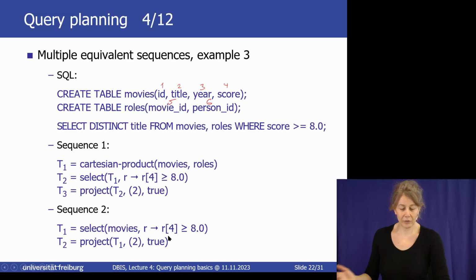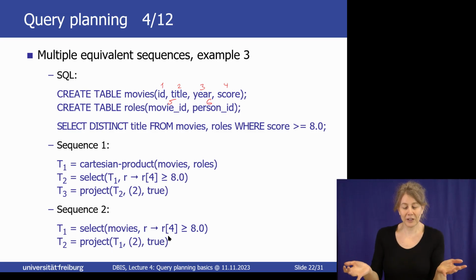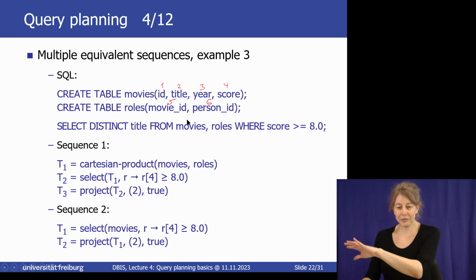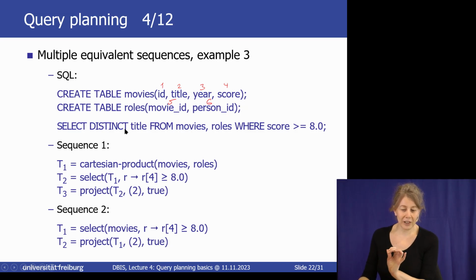So I'm claiming, and I hope you agree, that this is also a valid query plan. And you already see this is not easy business. I mean, you can write a lot of crazy stuff in your query, and maybe the system can figure out, I don't need it. But to figure this out, you have to realize that here in the end,